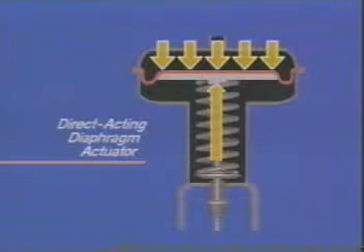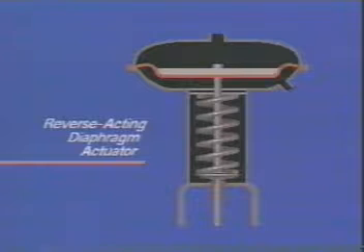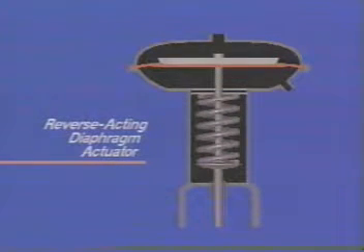Increasing the air pressure will result in a downward motion of the actuator stem, while decreasing the air pressure will result in an upward motion of the actuator stem. This relationship between air pressure and stem position can be reversed by using a reverse-acting diaphragm actuator. In this actuator type, actuating air pressure is applied to the lower chamber and the upper chamber is vented. The spring mounting arrangement has been altered so that upward motion of the stem, caused by increasing pressure, will cause